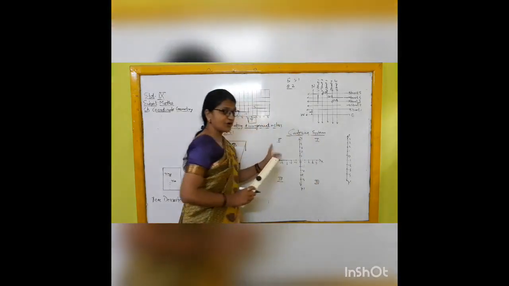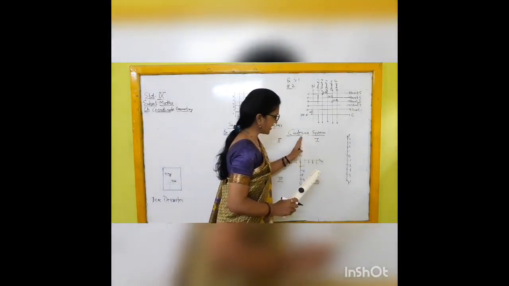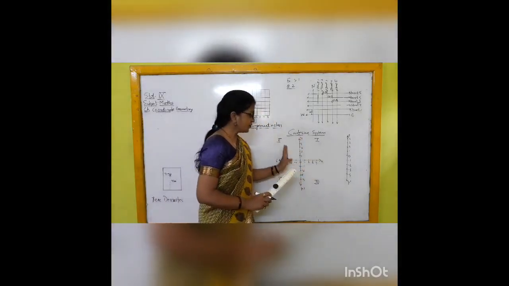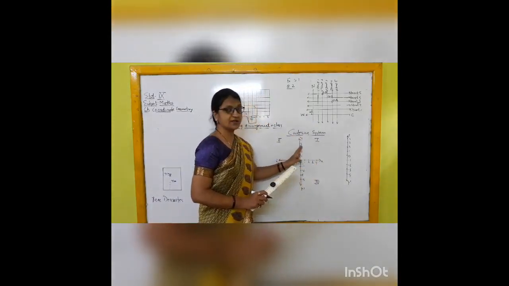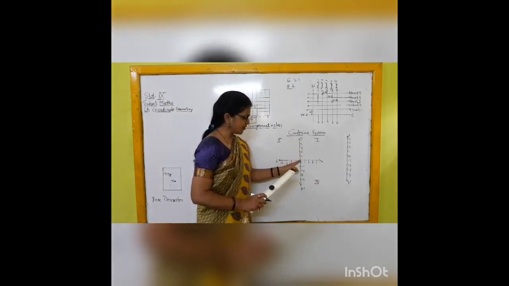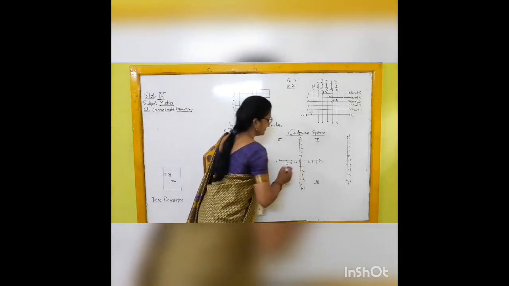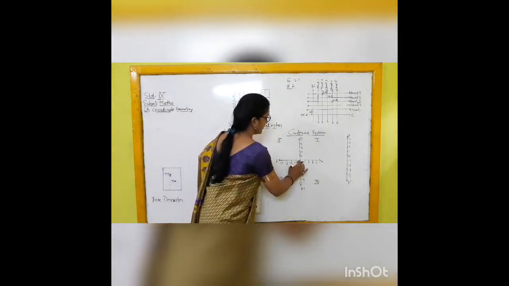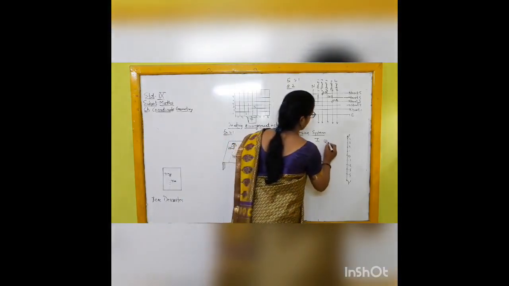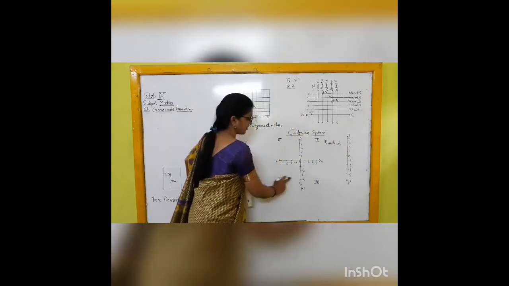Again, you are well known about the concept of the number line. We draw these two number lines in such a way that they intersect each other at 90 degrees, or they are perpendicular to each other. So the figure which we got is known as the Cartesian coordinate plane. These are two number lines intersecting each other at point O, or the origin, whose coordinates are 0, 0. This divides the plane into 4 parts, which are known as quadrants. This is the first quadrant, second quadrant, third quadrant, fourth quadrant.